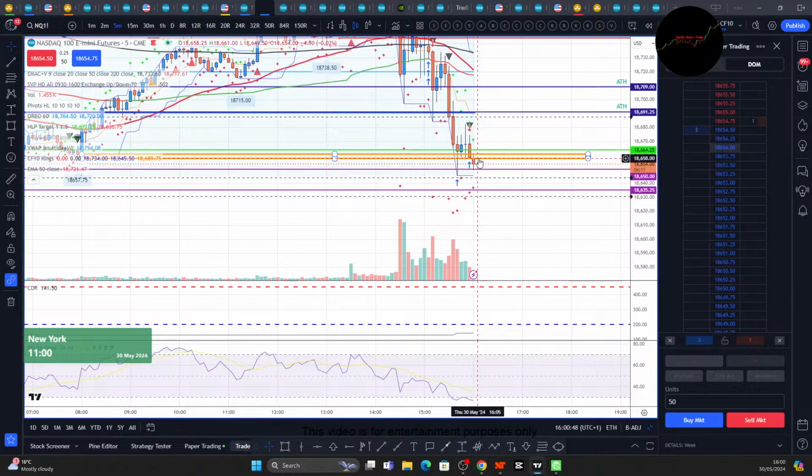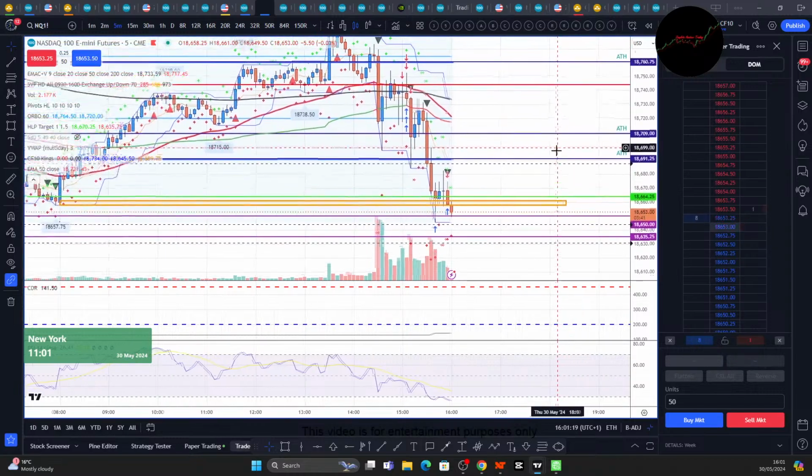Because a short just then for a move down to the 50s would have worked. Could have picked up 8 points right there. But it just feels like picking up pennies in front of a steamroller with the buying that came in back above previous day close. Be concerned about a reversal off this area. So we'll wait.